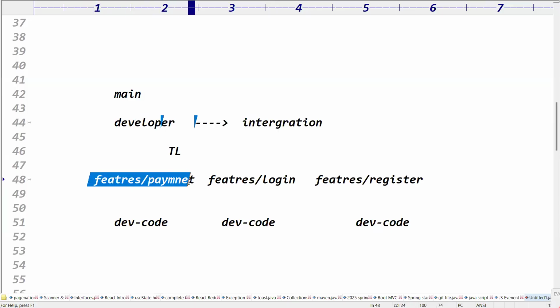Functionality. That is what a functionality is. So where do you push the code? The feature branch. How many feature branches do you have? 10 feature branches. Then the team lead will read the code from one branch and he will merge the code into the developer branch. Then he writes the PR to the manager. If you raise the